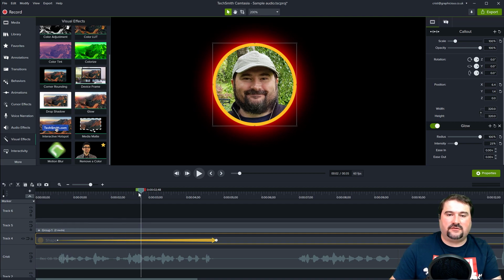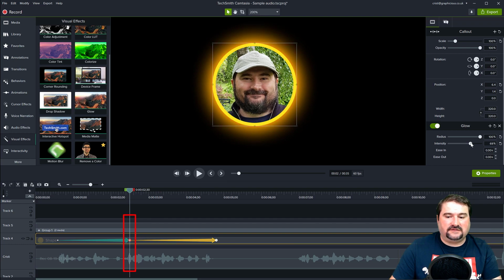So now in between this, you can actually get fancy with this. The maximum radius is now selected and the intensity is not very high. Notice what happens. If I go to one of these top points, I can just pull the intensity up. If I go to a low point, you can pull the intensity down like so. So you can just adjust the intensity at the high points. Let's go for maybe 65 for a high point, and let's go low for like 35 for a low point. So you can do this a few times.